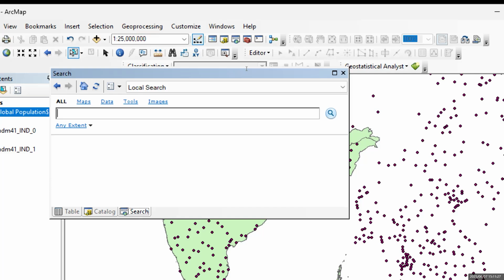Okay, are you all on this point? Now I will search. If you don't know how to do this, for further analysis you can simply consult with DeepSeek or ChatGPT. You can ask them, I want to do this analysis, which tool should I use? But because I know which tool we are supposed to use, I'm taking you directly to that tool. Okay, so over here you will write,